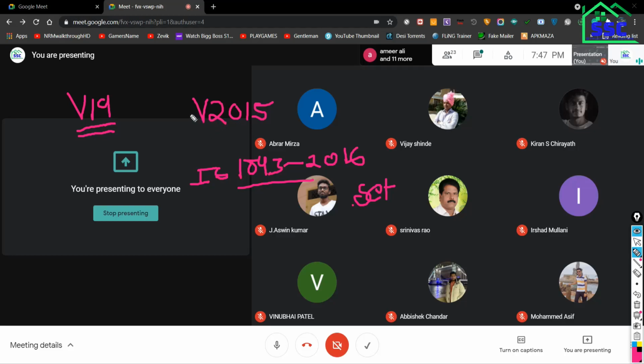No doubt the file will open, the model will be there, but all the results you need to check again. Suppose in 2019 you have assigned the load in respect of the 2016 code, but when you look into 2015, only the IS 1893 2000 code is available, and the next revision is 2016. So that is actually the problem.